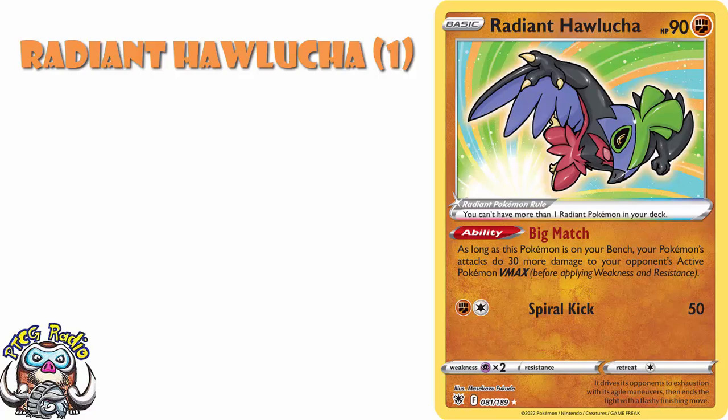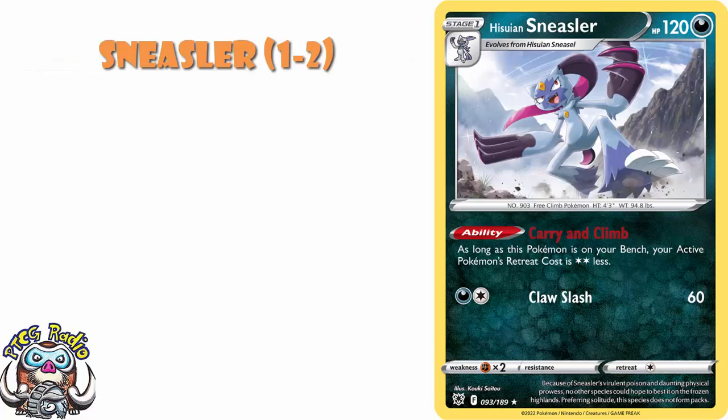And as much as I dislike the Pokemon, I do think you need a couple copies of Hisuian Sneasler, because as long as it's on your bench, your active Pokemon's retreat cost is reduced by 2. A Stage 1 Pokemon that lowers your retreat cost could absolutely see play in a bunch of decks,